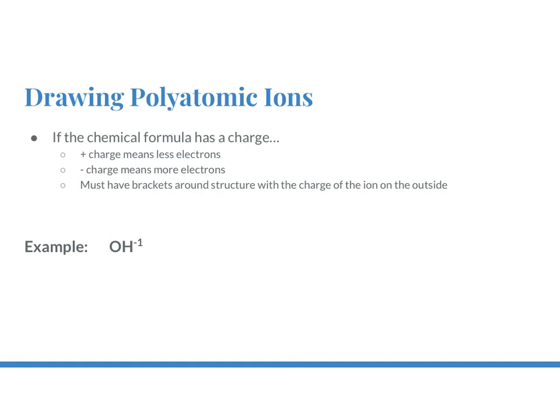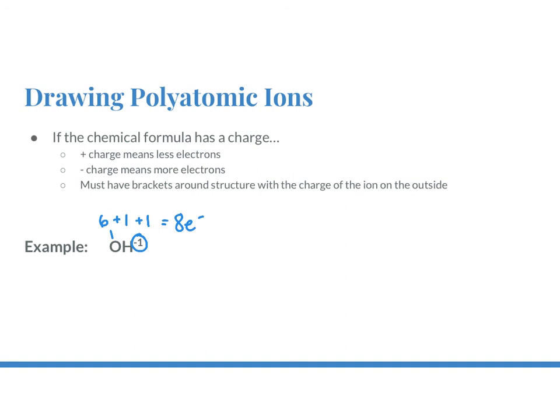So with oxygen, I have 6 valence electrons, and my 1 hydrogen has 1 valence electron. Since I have a -1 charge, then that means that I have an extra electron. So now, instead of 7 electrons, I would add 1 more to get 8 electrons that would be in my drawing. So